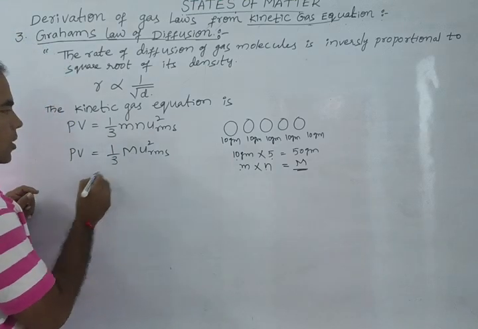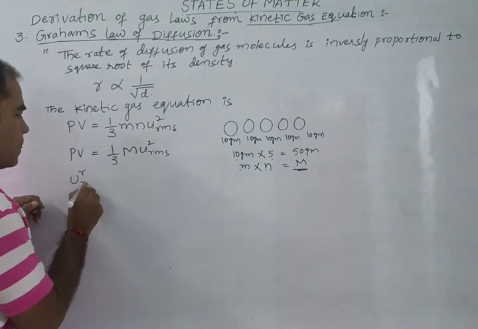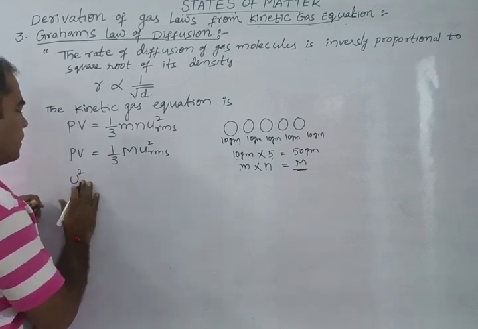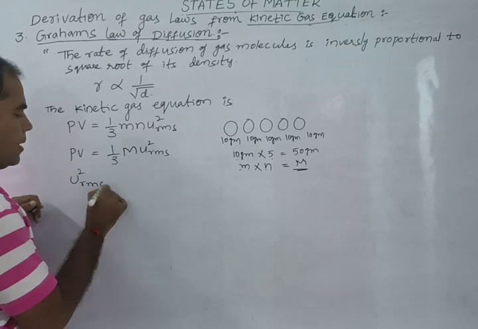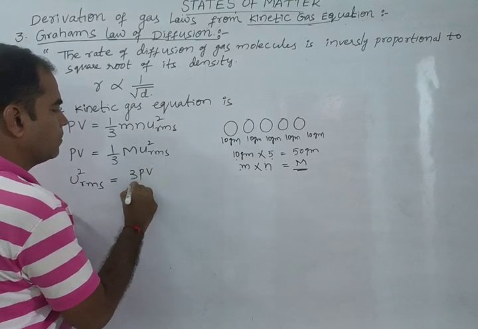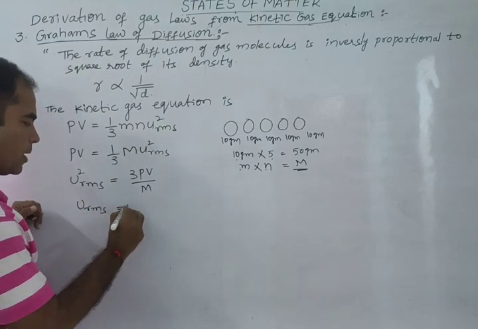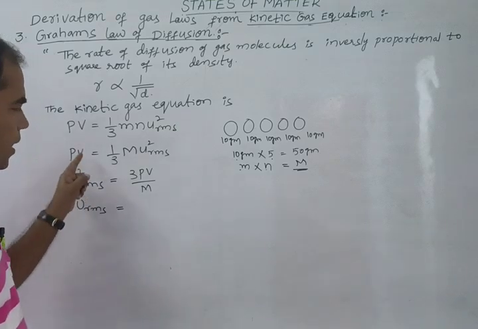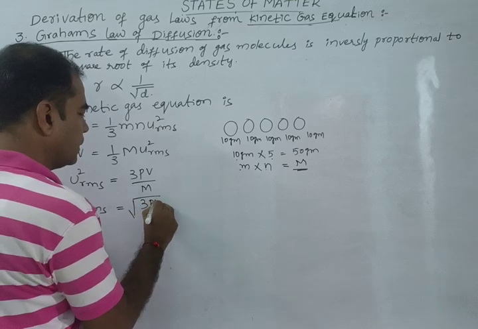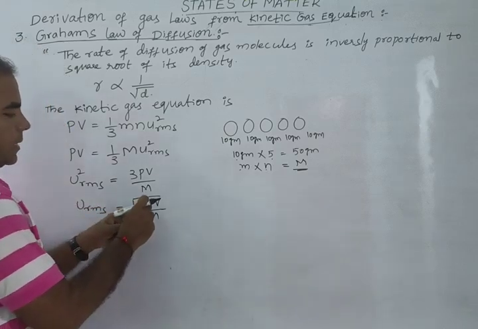Here, from 1 by 3 M u square RMS, u square RMS equals 3 PV by M. Can I write U RMS equals under root of 3 PV by M? Right? Here at constant pressure,